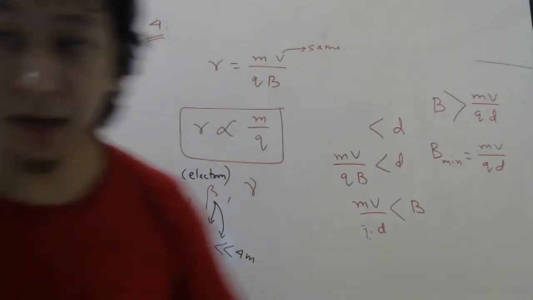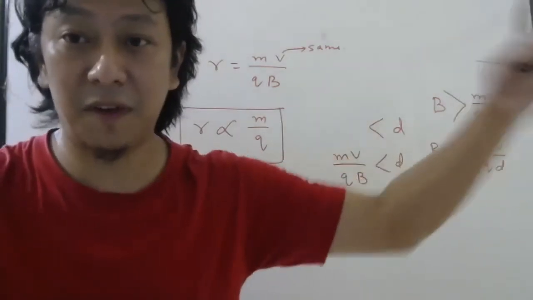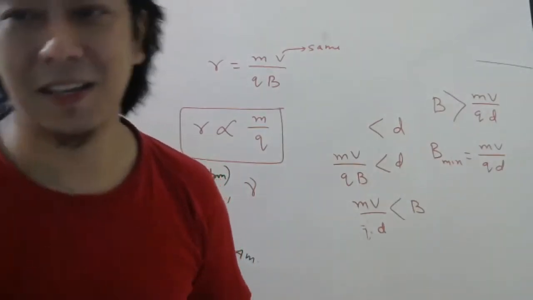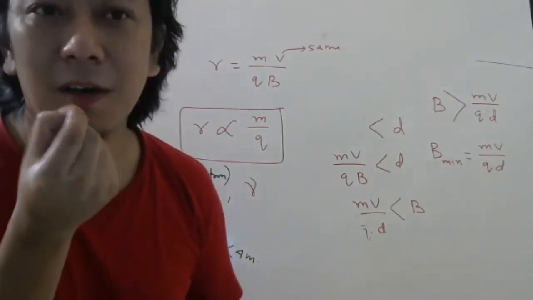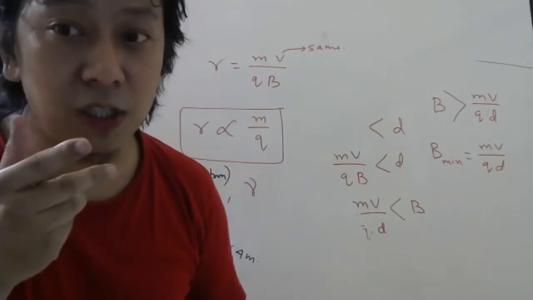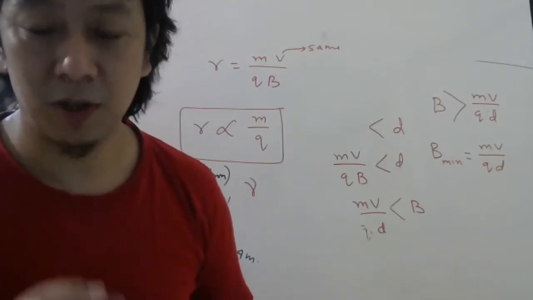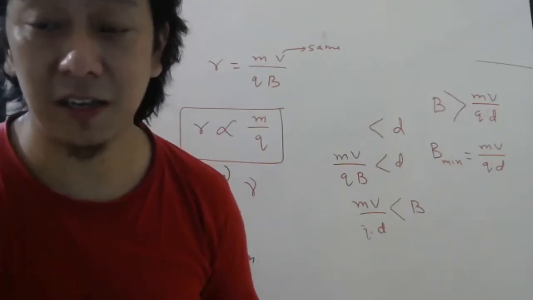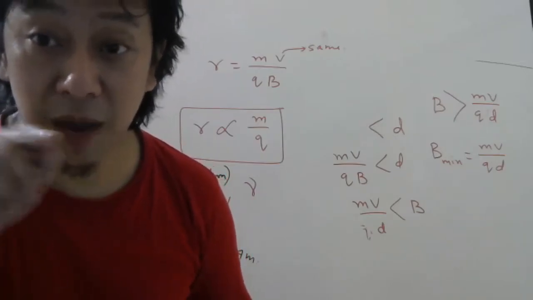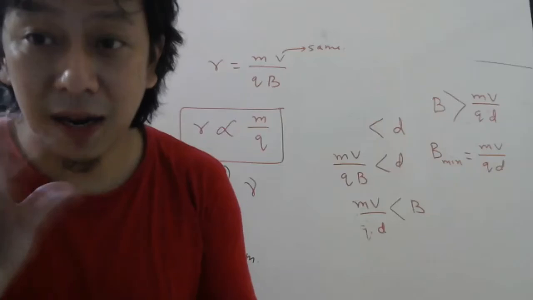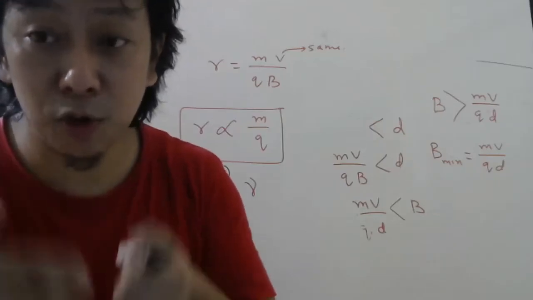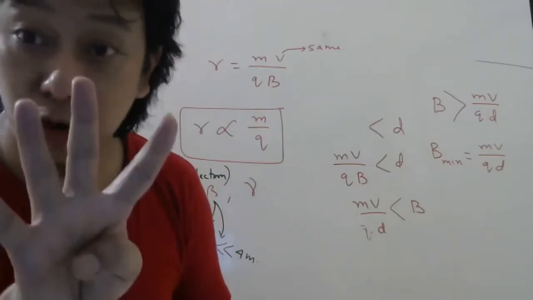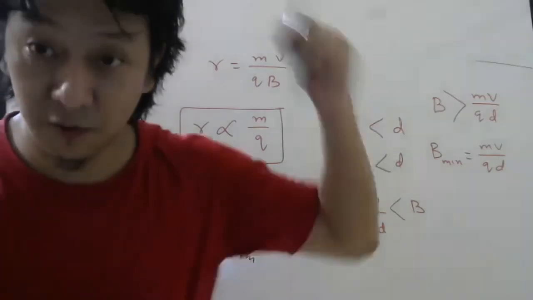So if alpha is Mount Everest, beta will be like a dust particle, because the mass of one proton is around 2000 times more. The mass of proton is 10 to the power minus 27 kg, and the mass of electron is 10 to the power minus 31 kg. So a proton's mass is around 2000 times more than an electron's. Alpha particle has four of them, so it is very, very heavy.